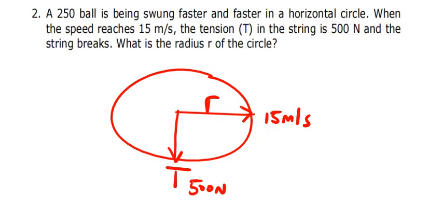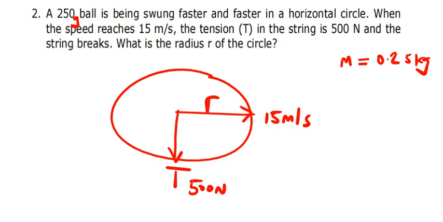I don't know if maybe it was a typo, but let's say it was grams, how are we going to solve it? Let's say it's just a small ball orbiting around the circle. So let's say we have the mass. If it is 250 grams, you're supposed to divide that by 1000 to change it to kg, so it will be 0.25